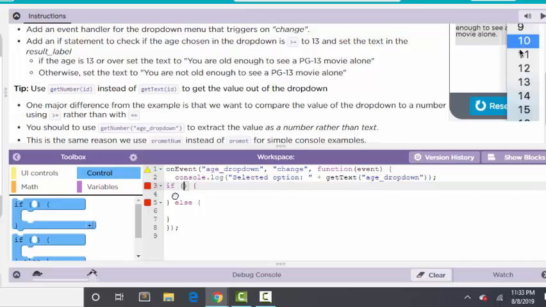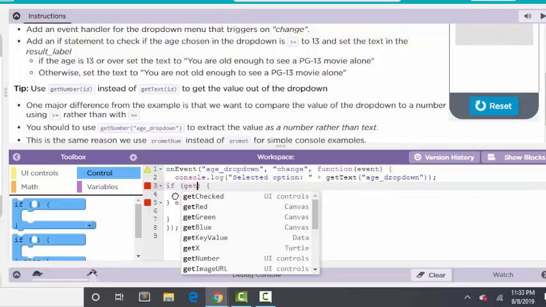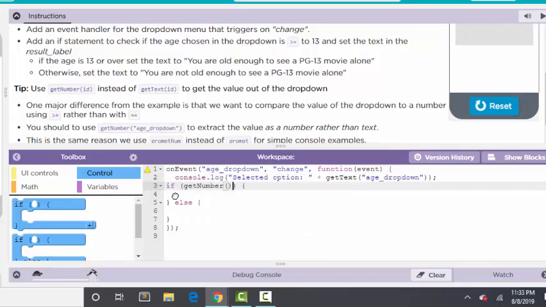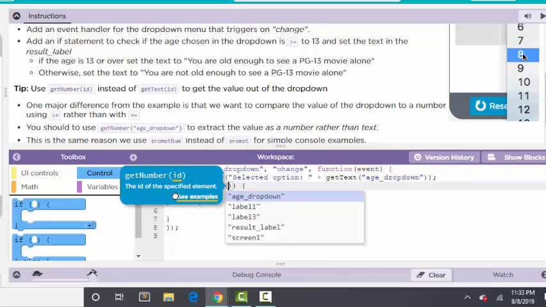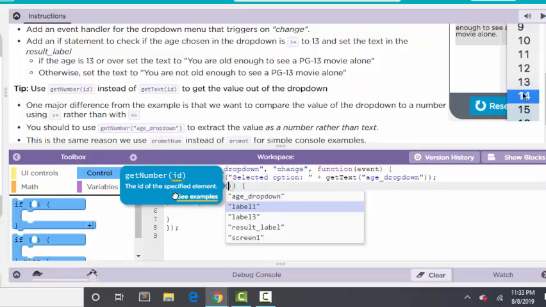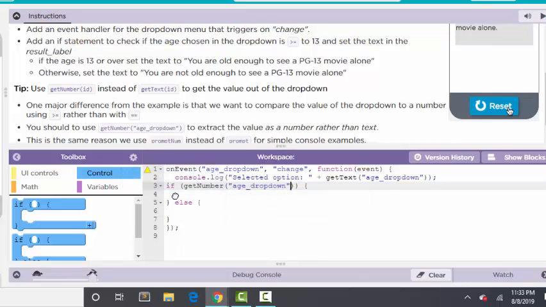Now, since we're trying to compare numbers, instead of get text, we're going to use something called get number, which is like get text, but in this case, we're going to get a number from the age dropdown, okay? And then we want to say that if it's greater than or equal to 13,